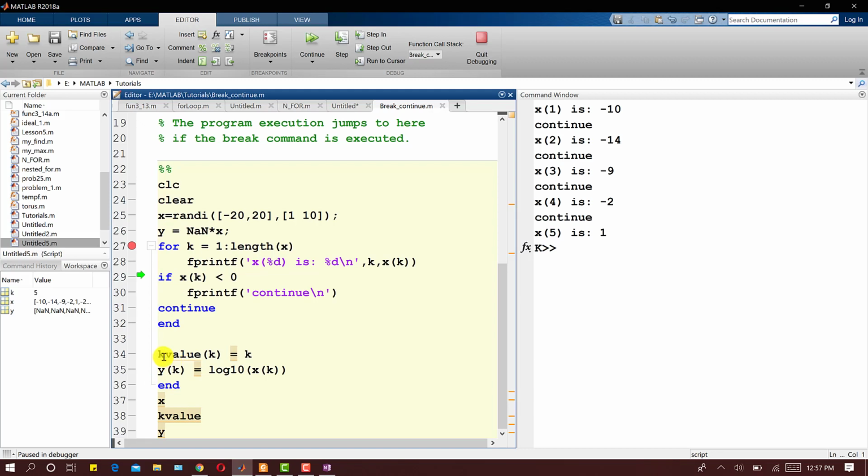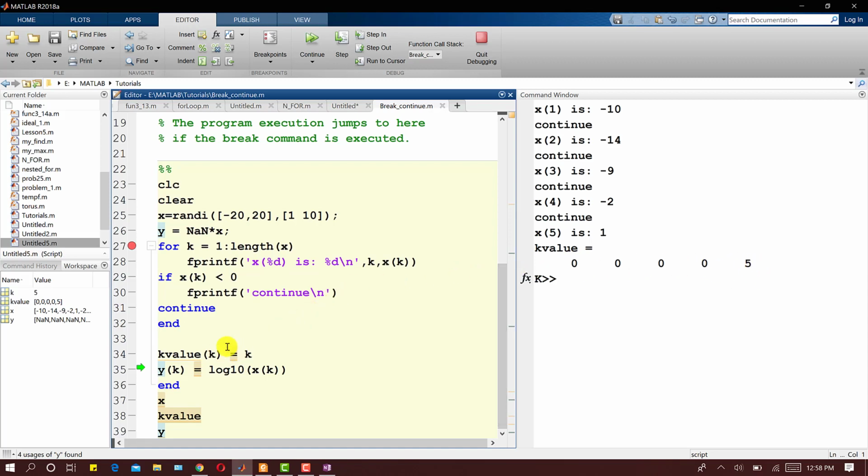And now the value of k, if I step in, right, we see that the k values, initially when these values were skipped, were storing 0, 0, 0 and 0, and now when the fifth value of x is positive, it has stored that value in this k value, that is the fifth value, right?